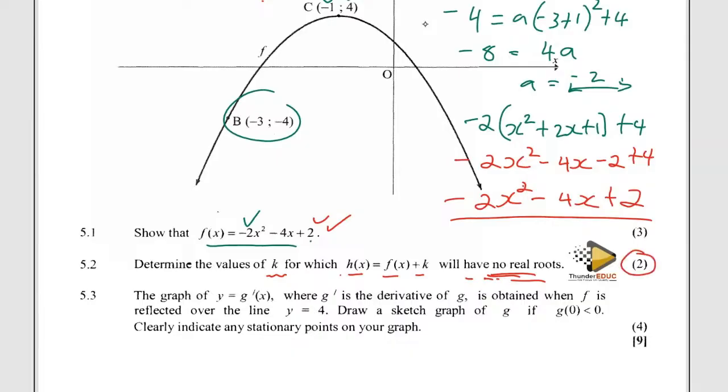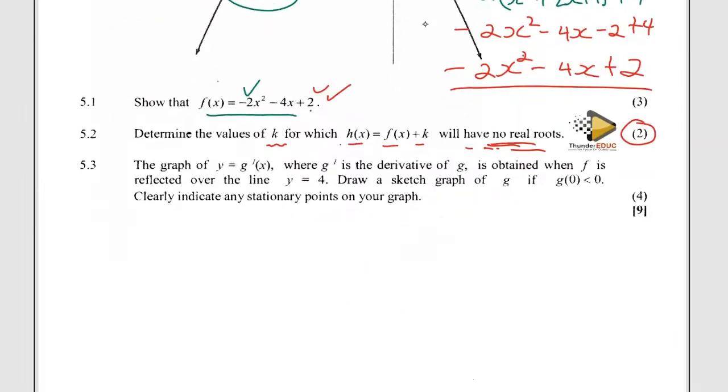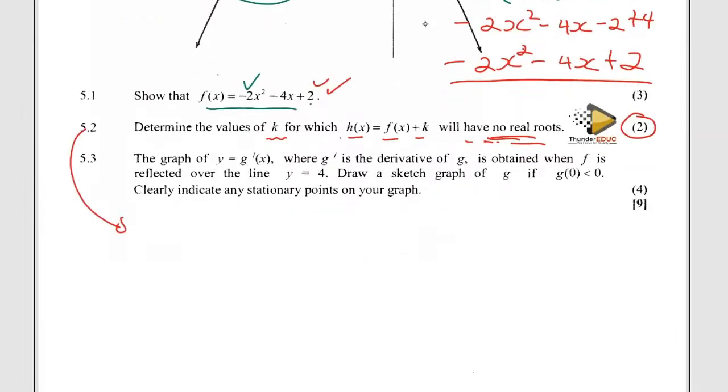It's a 2-mark question, meaning that we just need to shift this graph downwards, 4 units downwards. So for as long as k is less than negative 4, then we shall be good to go. Alternatively, you can go the long approach and say that